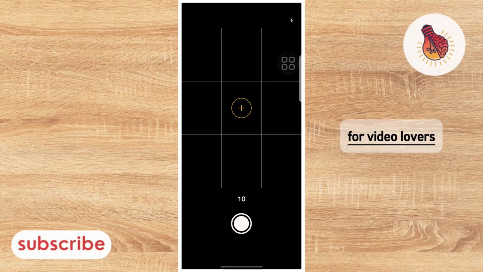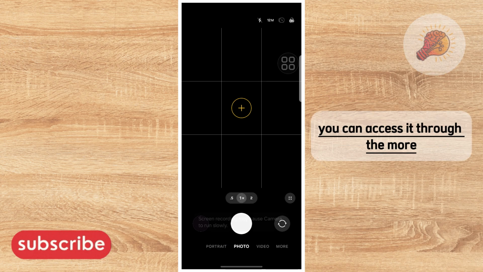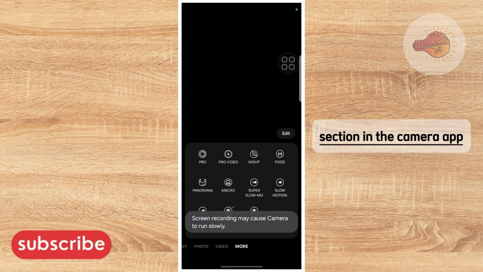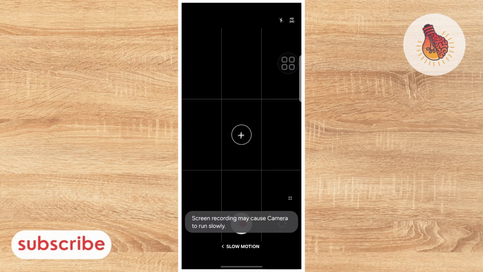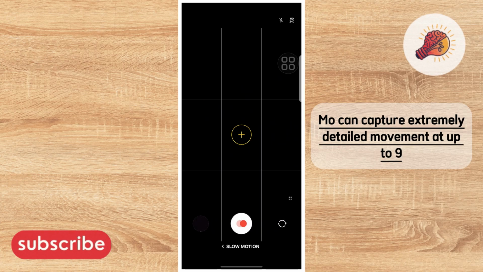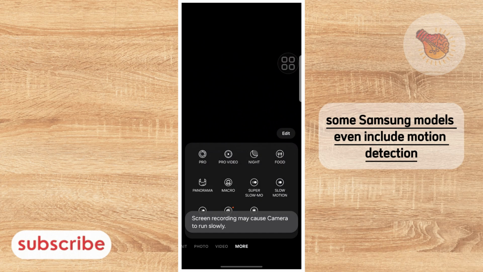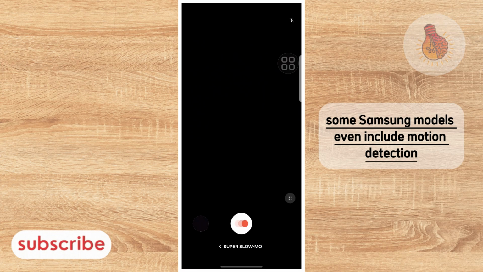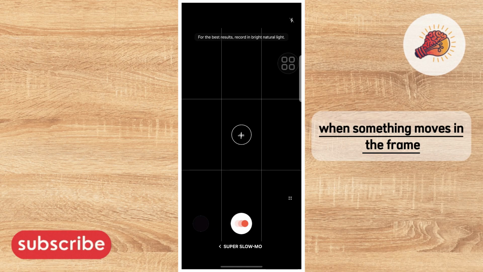For video lovers, slow motion and super slow motion is a fun feature. You can access it through the More section in the camera app. Normal slow motion is great for everyday scenes, but super slow-mo can capture extremely detailed movement at up to 960 FPS on supported devices. Some Samsung models even include motion detection, which automatically starts recording when something moves in the